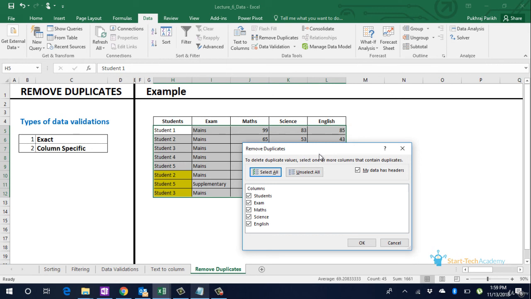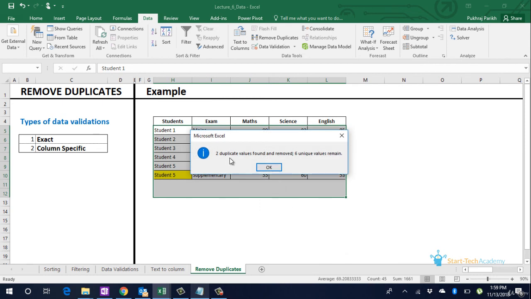In case there is no header in our data, we can untick this option. So to remove exact duplicates, for example, the student 2 that we discussed which has the same marks in maths, science and English, we will select all the columns and click on OK. We see that 2 duplicates have been removed and 6 unique values remain.